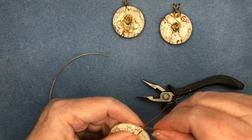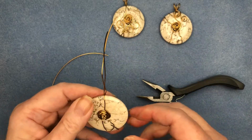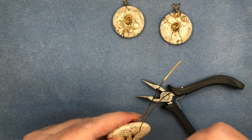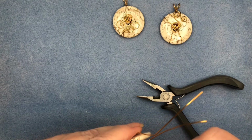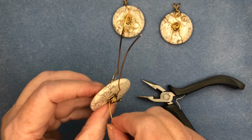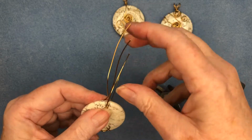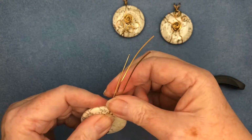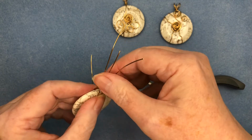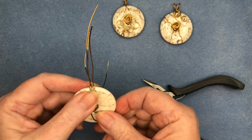So up at the top here, we bring these two together for making the bail. And in fact, I think I'll add a third one to go to the top so that we get a 3-part bail. So we'll just bring this through the outside edge of the rose and bring that one up there. And just give it a bend to get it nice and straight there. So now I have 3 to make my bail. I always like to use 3. I did use 2 on one of mine just for something different because I did all of the decoration on